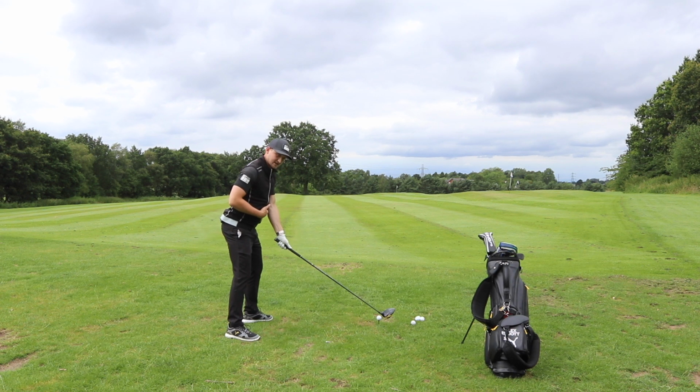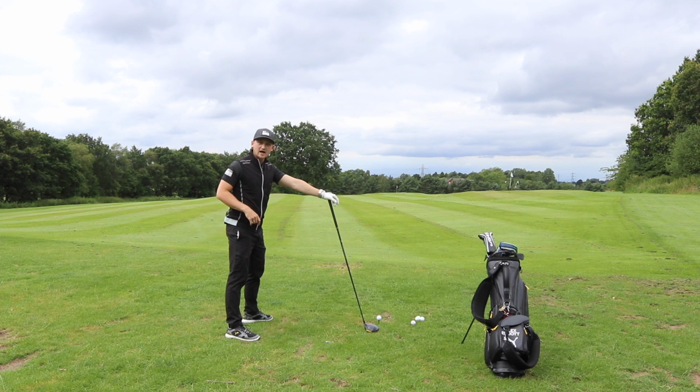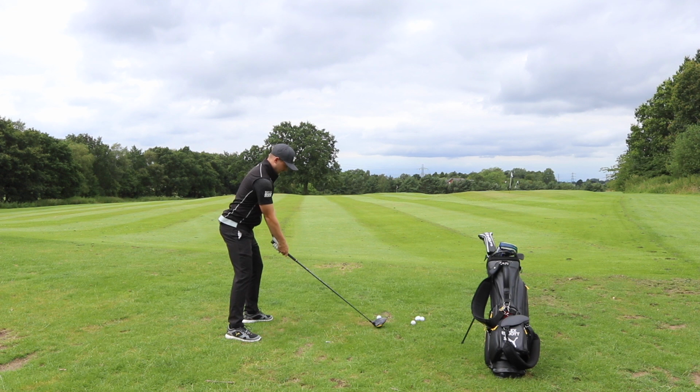Well, firstly, when we see him at his driver, from what I've read on the internet, he does this extra pump and he feels like he gets a little bit more use of the ground, or this gives him a little bit more distance with driver. So what do we see with driver? We see a little bit of pump